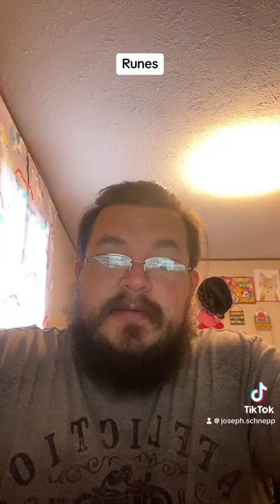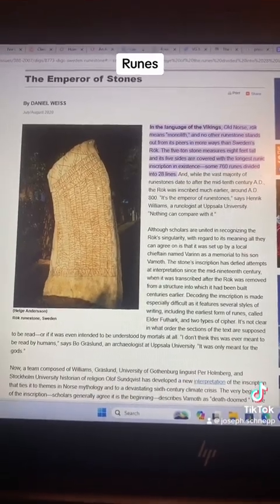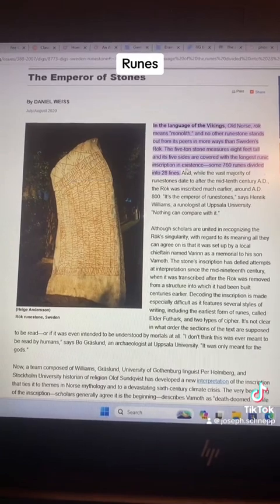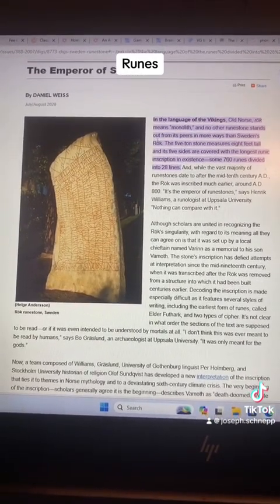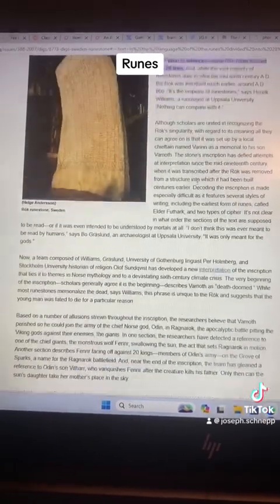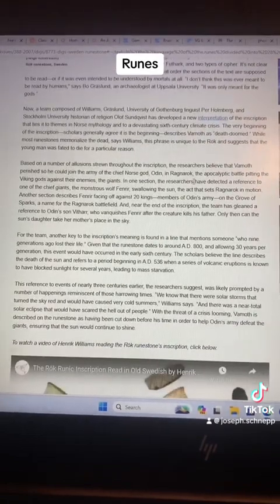But sometimes these things would tell stories that would be passed down, because if you try and write on something, you want it to last, and the Vikings believed in writing it on rock because it withstands the test of time instead of wood or anything like that. But that one is a rune stone right here in Sweden, depicting Ragnarok. You can pause to read right there.